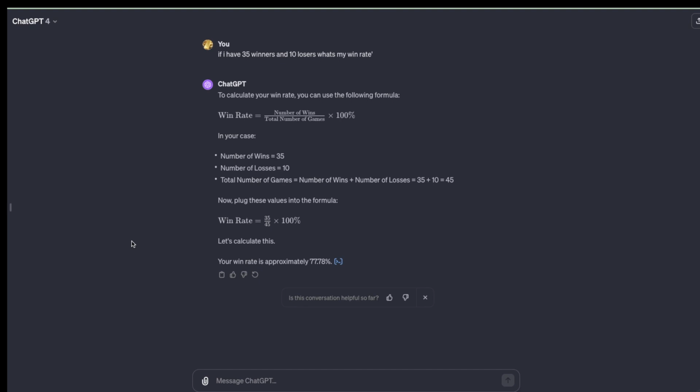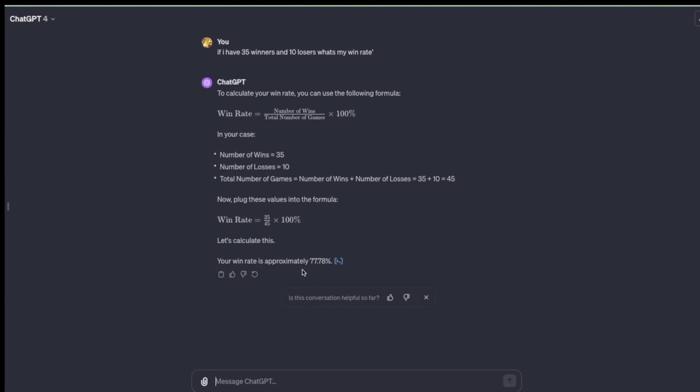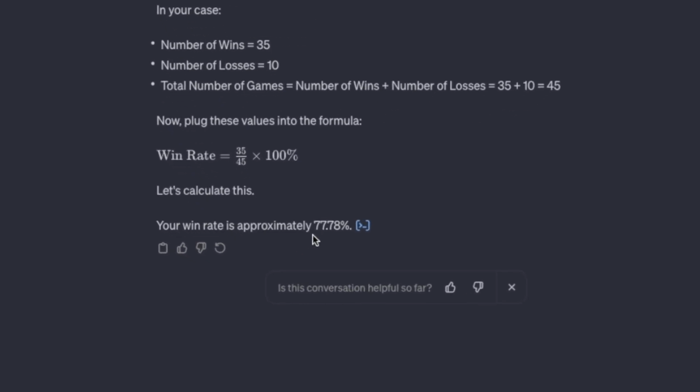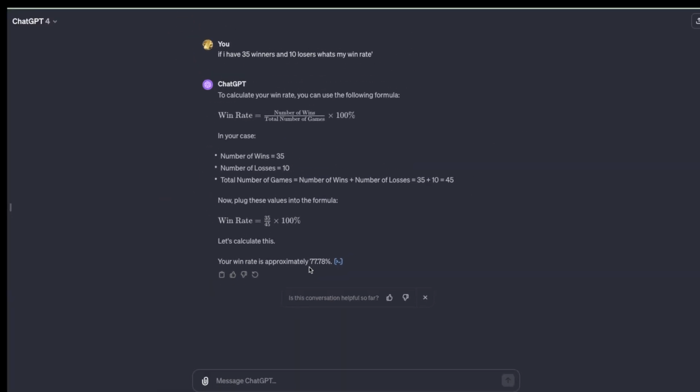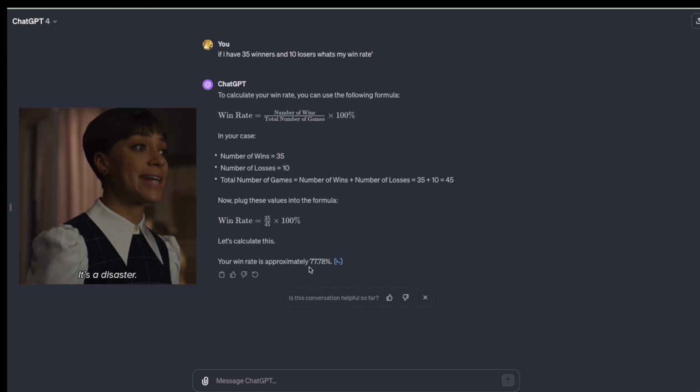Now I asked ChatGPT what is my win rate based on this, and of course it's done the mathematical calculation to break it all down for me, and eventually it's told me that my win rate is approximately 77%. So over the last 10 weeks in the market, my win rate has been 77.7%, going 1-to-1 R with buy and sell stops using the Neo Indicator Expert Advisor. Wow, that's all I can say.